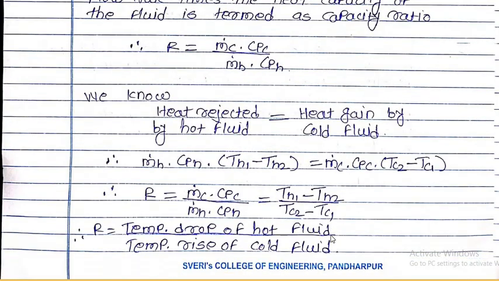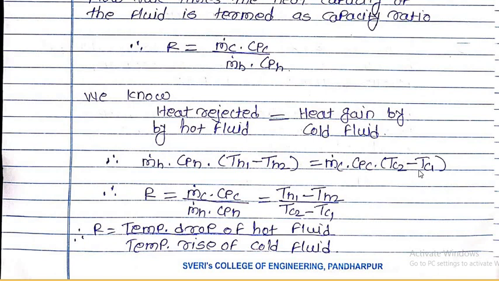So we can write the heat rejected by the hot fluid as the mass flow rate of the hot fluid multiplied by the specific heat of the hot fluid multiplied by the change in temperature of the hot fluid, that is TH1 minus TH2, is equal to the heat gained by the cold fluid, which can be written as the mass flow rate of the cold fluid multiplied by the specific heat of the cold fluid into the rise in temperature of the cold fluid, that is